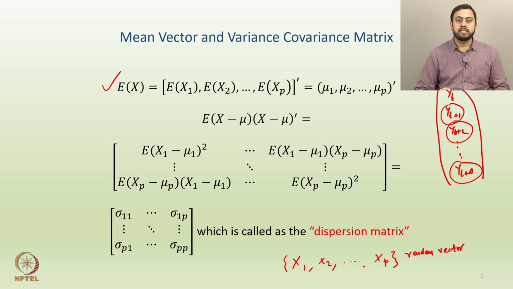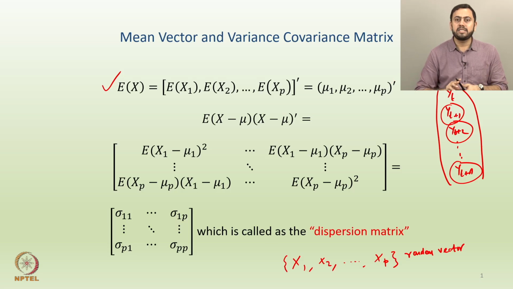If you take the expectation of the random vector x, here x is the random vector, and why? Because x comprises all these individual random variables, x1, x2 up to xp. If you want to find the mean of the entire random vector, we can find the individual means: E of x1, E of x2, E of x3, and so on up to the expectation of xp, and then the transpose of that. This essentially becomes mu1, mu2, mu3, mu4 up to mu p. Now one point to note here is that this denotes a transpose.